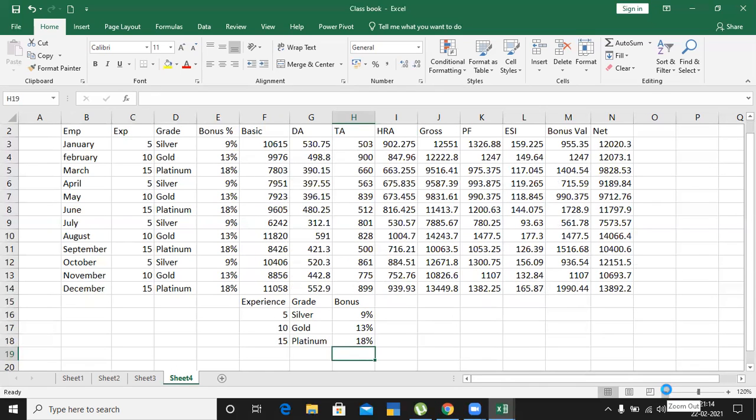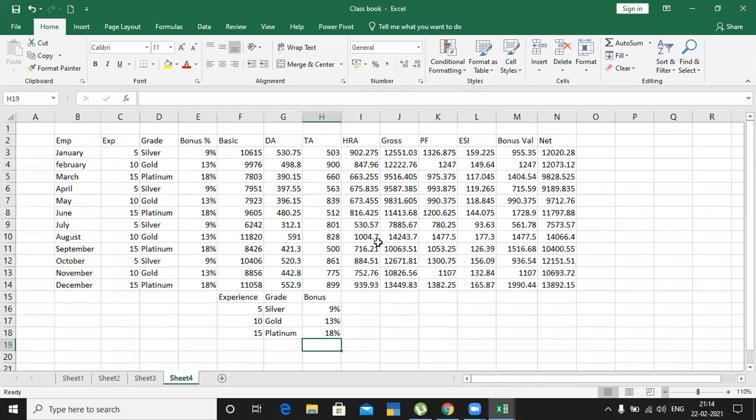So this is the main advantage in MNC companies, or especially big companies. They make changes in the main area, and once they do, it is applicable to the huge volume of data.